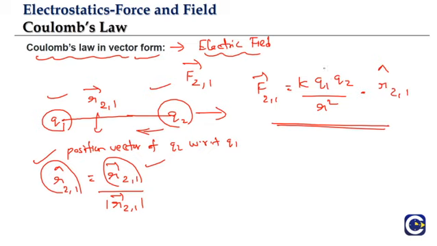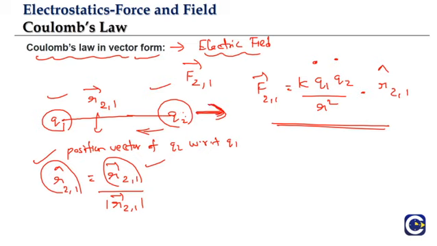Now if you look at it, one thing we need to be careful about is that there is no modulus for the Q1 and Q2 here. So here it is just Q1 and just Q2. So the force acting on the second charge because of the first. If you look at this expression, if Q1 is positive and Q2 is positive, they both are like charges, then in that case Q2 must be repelled.